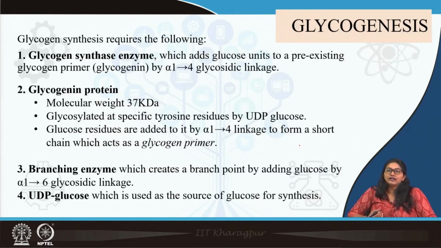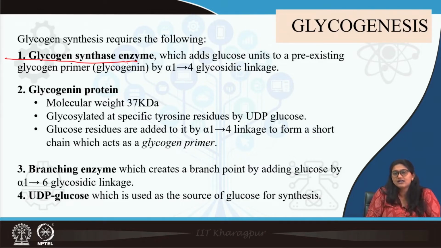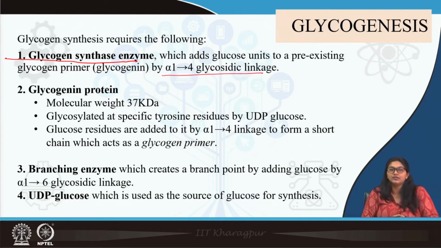Next, move on to the metabolic pathway of glycogen synthesis, which is known as glycogenesis. Now, for glycogen synthesis, these are the enzymes as well as a few other biomolecules which are required. The main enzyme required for glycogen synthesis is evident by the name: glycogen synthase enzyme. Now, what does it do? This enzyme basically forms alpha 1,4 glycosidic bond, and